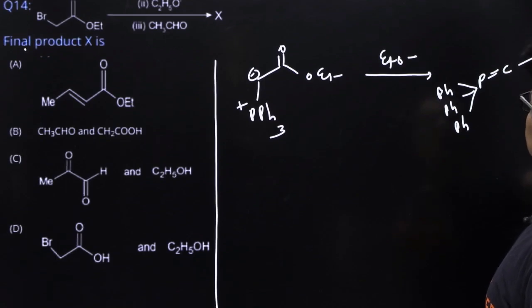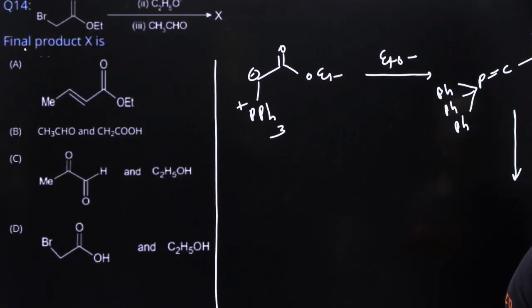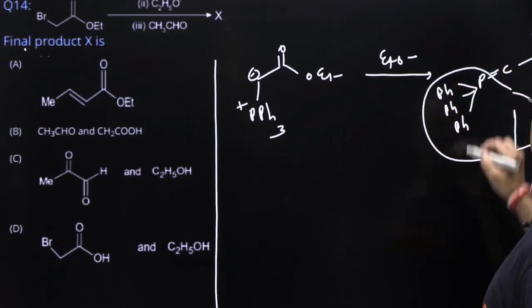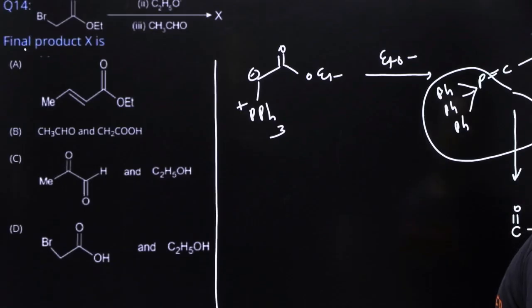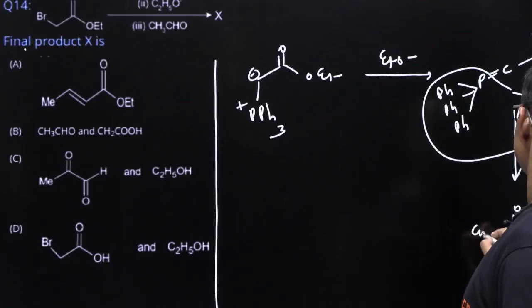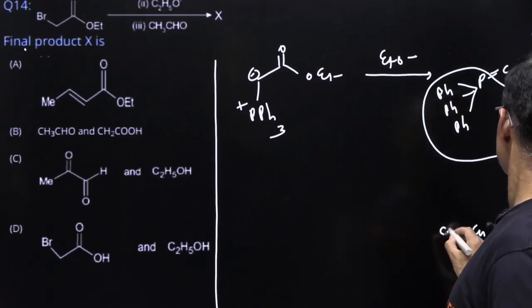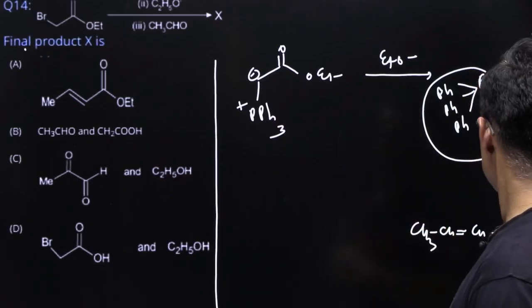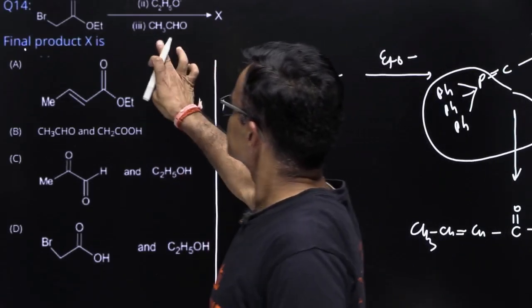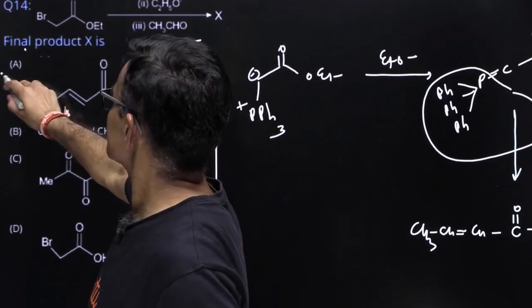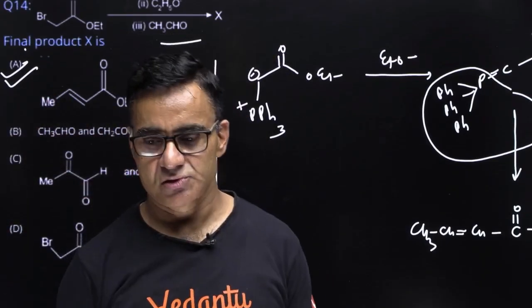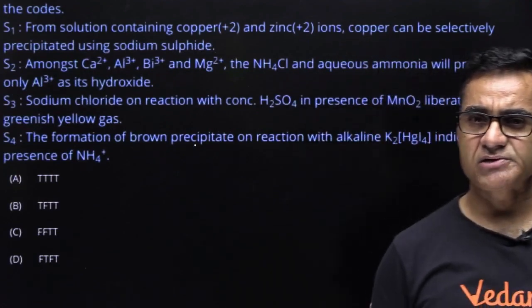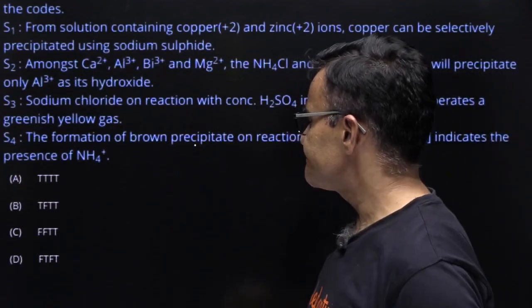एक्चुअली दिस विल बी Ph3P डबल बॉन्ड CH C डबल बॉन्ड O OEt, येलाइड टाइप का कंपाउंड। और इसका रिएक्शन जब आप CH3CHO से कराते हो, तो ये विटिग रिएक्शन है, बेसिकली ये पोर्शन निकलेगा और विटिग रिएक्शन होके आपका ये प्रोडक्ट बन जाएगा CH3 CH डबल बॉन्ड CH CH3। ऑलराइट, सो दिस इज गोइंग टू बी योर फाइनल प्रोडक्ट। चेक, क्योंकि आगे कोई और रिएक्शन नहीं है, CH3CHO ही खत्म हो गया है, तो दिस इज गोइंग टू बी योर फाइनल प्रोडक्ट। A इज द करेक्ट ऑप्शन।